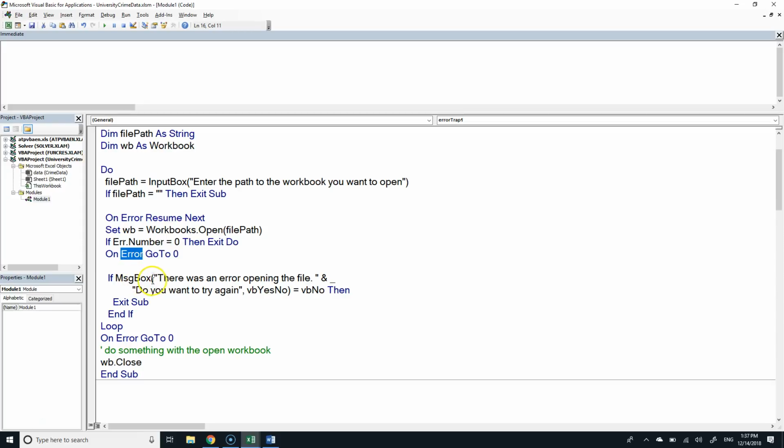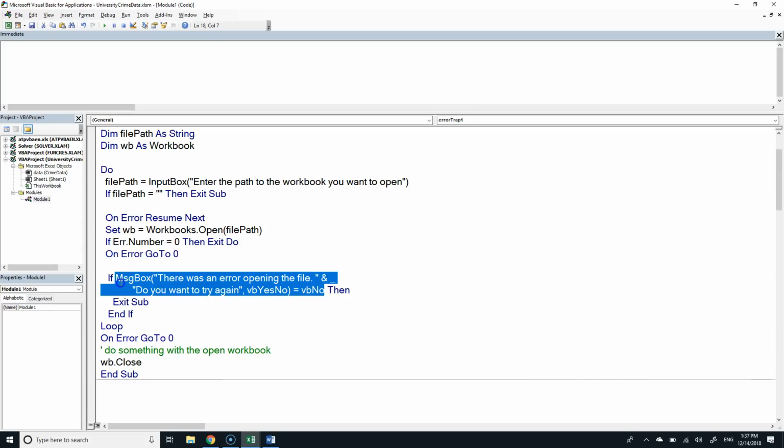Now we put up another message box. There was an error opening the file. Do you want to try again? Oh, so this is a message box instead of an input box that we had before. So you just put something in that said, open this file, and sorry, I couldn't do it. Do you want to try again? So we're probably going to have to handle both of those. So, oh, here's an interesting thing I've done here. We don't do this very often, but it's legal.